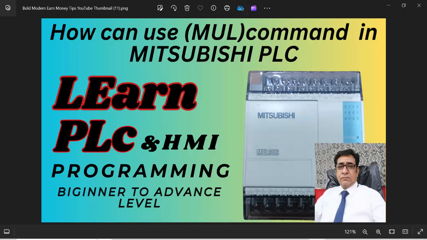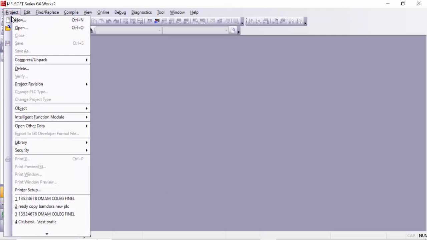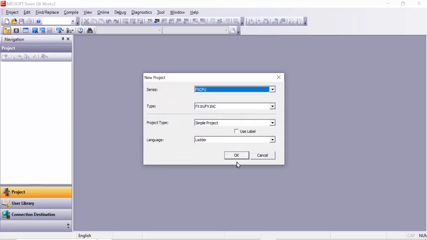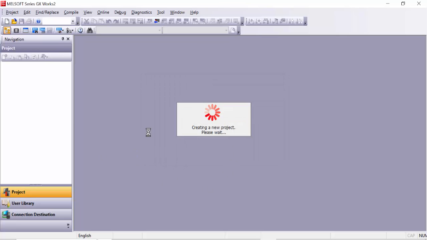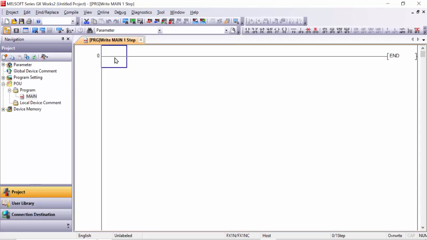So let's get started. I will open my GX Works2 software and here we will create a new project. Click OK. And here we will take a